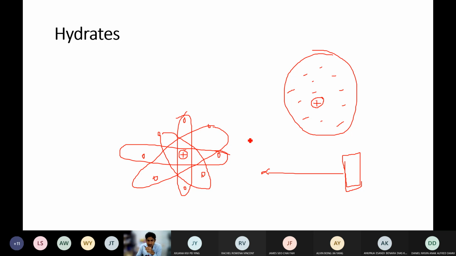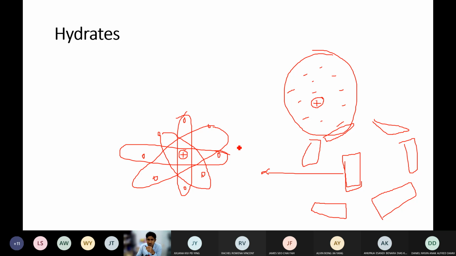Detectors were put all around it to detect how many of these particles come back, and it was found that only few of the particles came